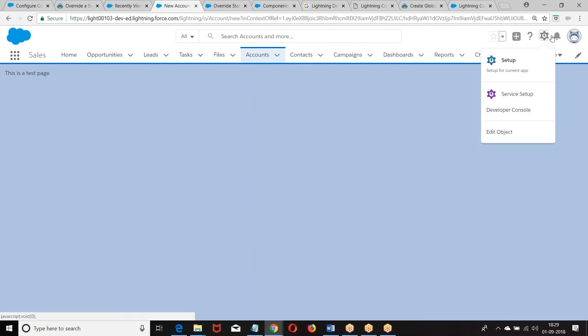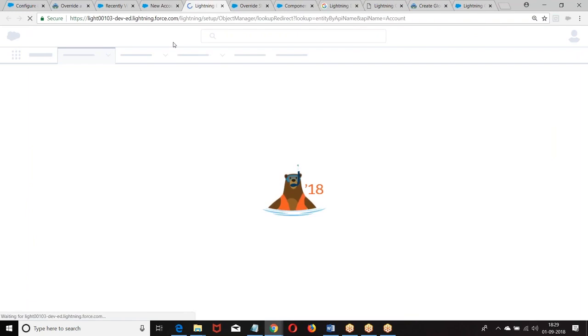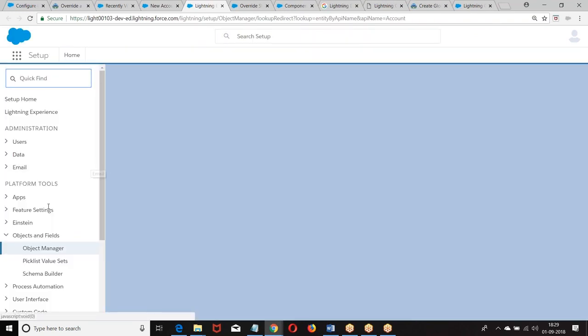Now we'll design one by one step. First, we are just looking at how to create an object specific action. Go back to this. Replace it again.